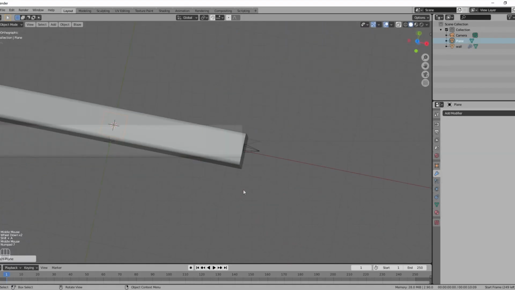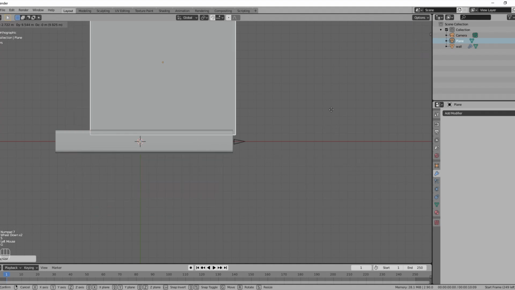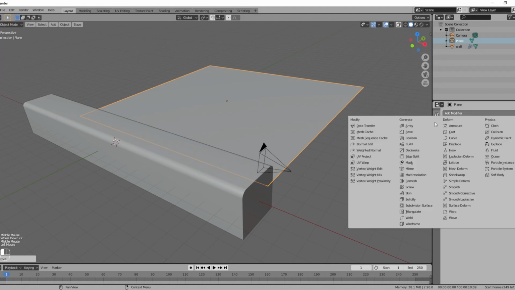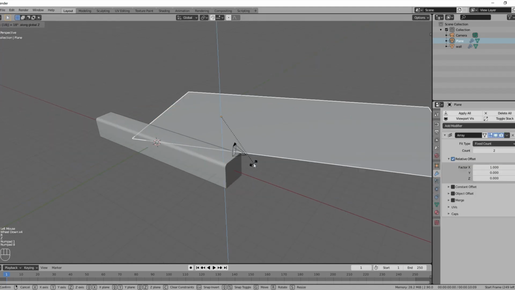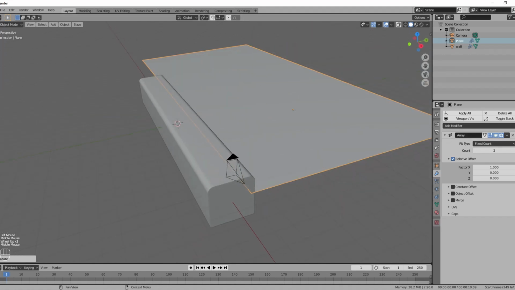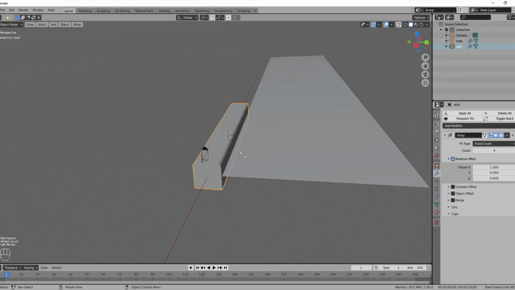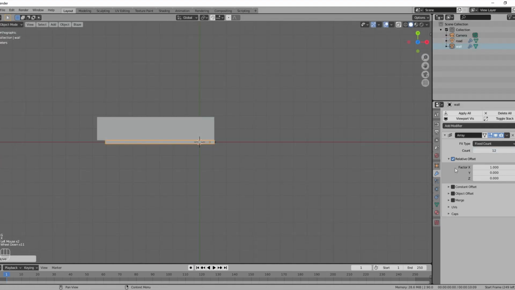Further, we are going to set up the complete scene very quickly, starting with the road. For the road I am going to use a plane. Just scale it enough so that it looks believable and approximately the size of a road. And now just add an array modifier to add the length of the road instead of scaling it in the direction of length, as it will stretch the UVs. So we can just do it with an array modifier easily, like what we just did with the wall.